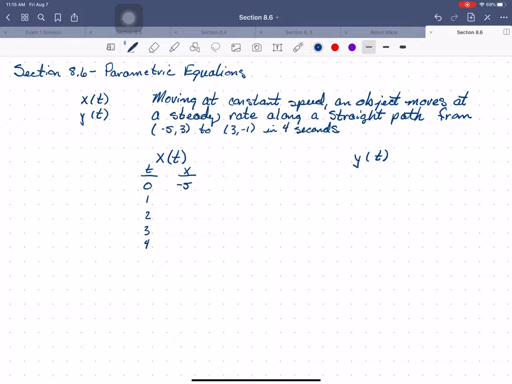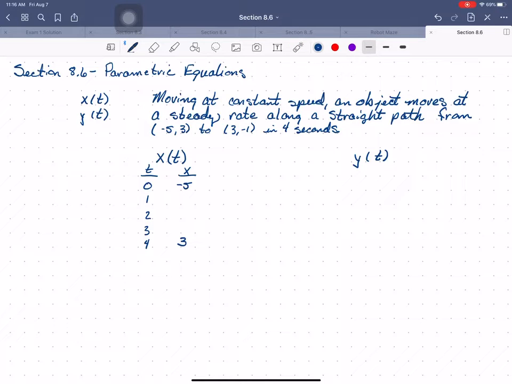When t equals 4, my x is 3, because we started at an x of -5 and we're ending at an x of 3. Well, that means we moved 8 units in 4 seconds, so every second we're going to